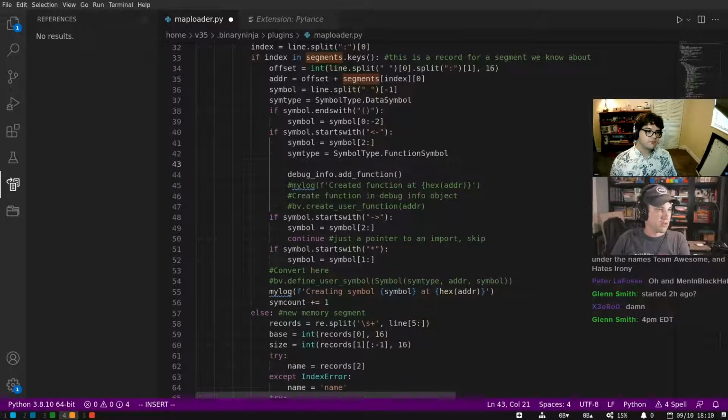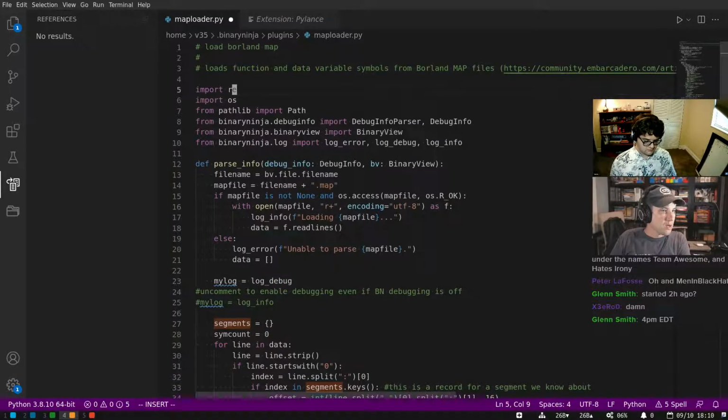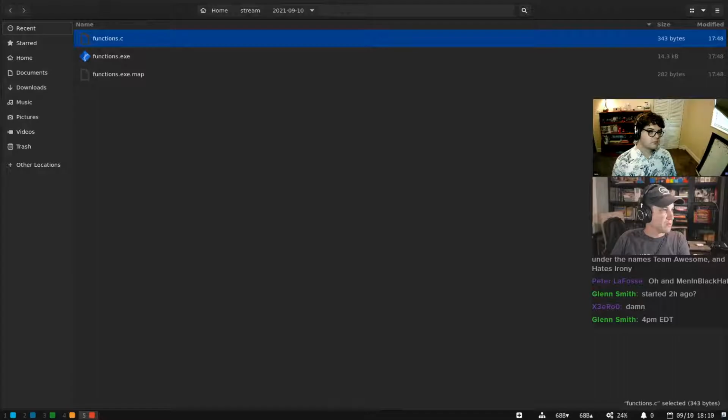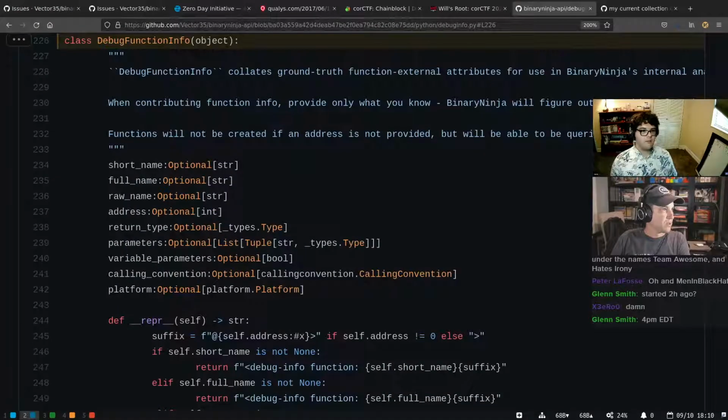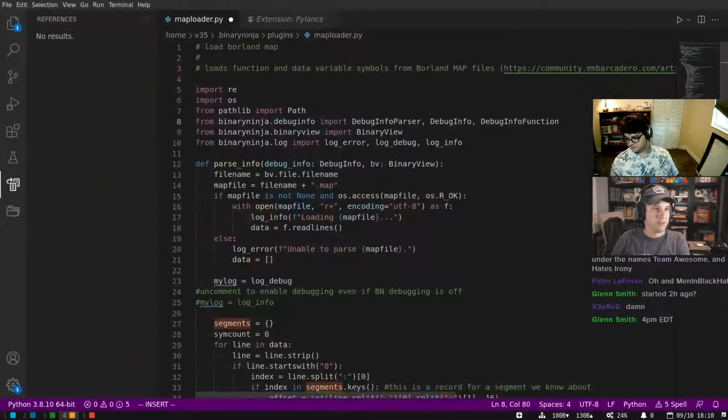Actually, here, new fn is equal to debug info function. Is that what it was called? DebugFunctionInfo. Uh-oh, that's annoying. Okay, DebugFunctionInfo.